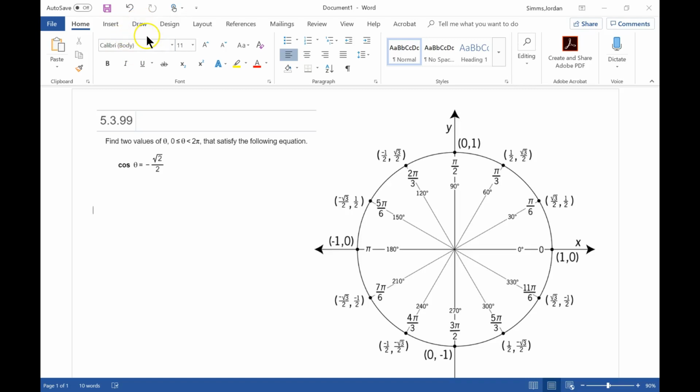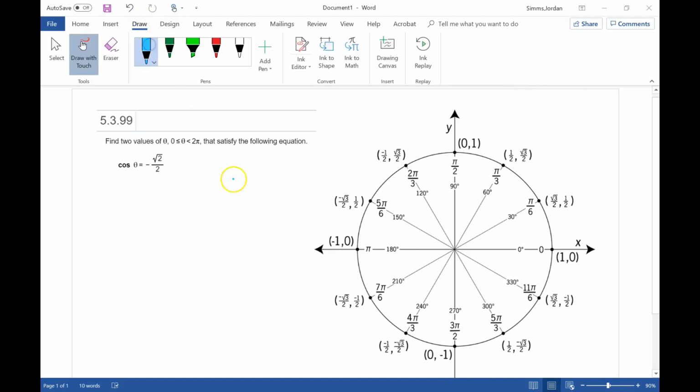Hi Ash, let's consider all of these. Now, the play here is we are going to use the unit circle to help us find all of these